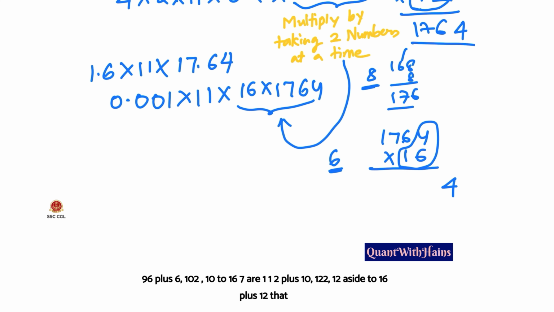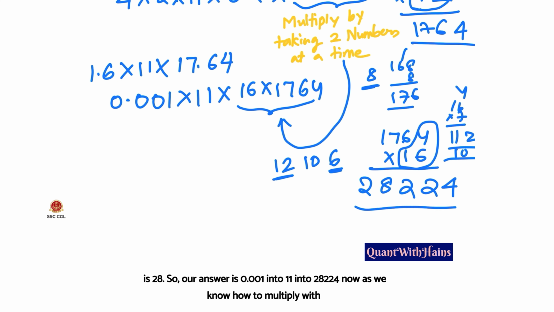96 plus 6, 102. 10, 2. 16 sevens are 112 plus 10, 122. 12 aside, 2. 16 plus 12, that is 28. So our answer is